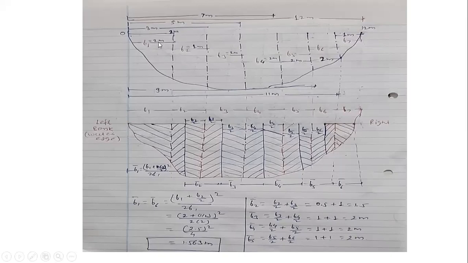Here I have shown that it is 2 meters plus B2 by 2. B2 by 2, that is, what is this total B2? This is 1 meter, by 2 bracket square upon twice B1, and this is applicable for the last one also. So what does the last one come to? Here it comes to 6.